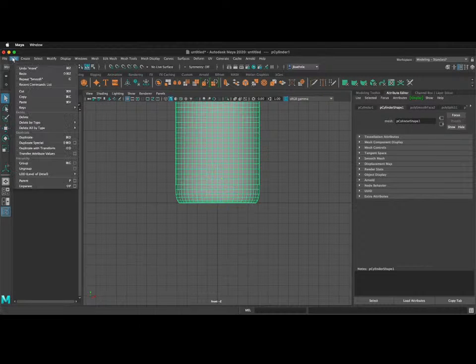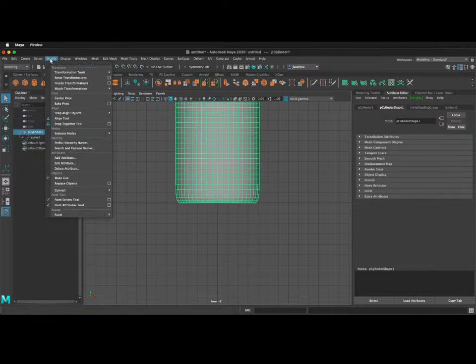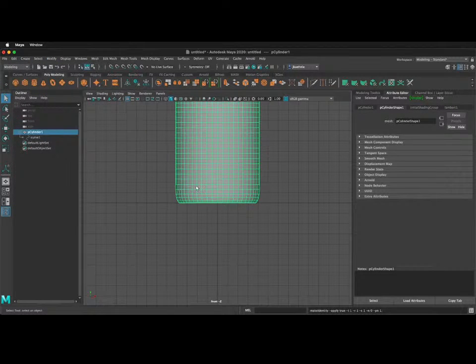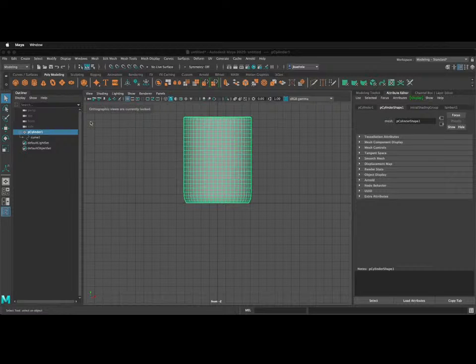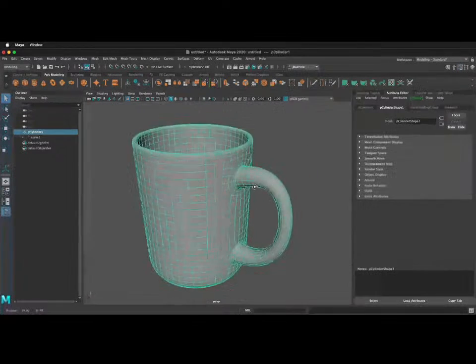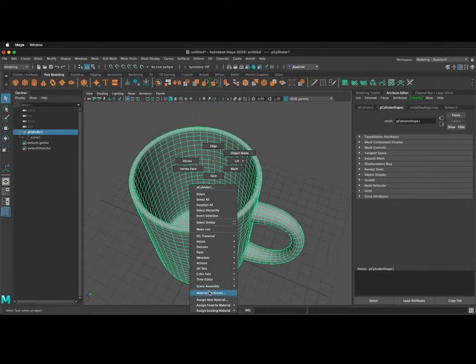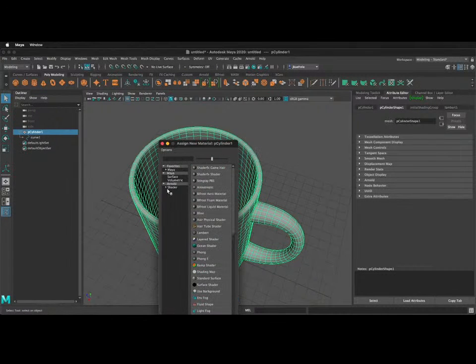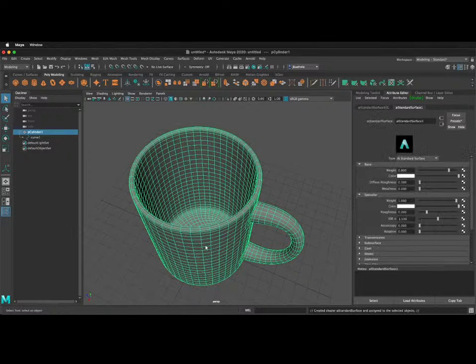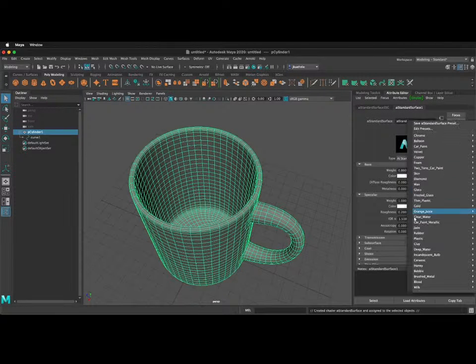Next, I can go to Edit, Delete by Type, History, and then I can go Modify, Freeze Transformations. Hold the middle mouse button to drag the perspective view back in, orbit around, and now we have a nice coffee cup. I'm going to right-click on it and assign a new material. I'm going to assign an Arnold standard surface, then select the presets, ceramic, replace,